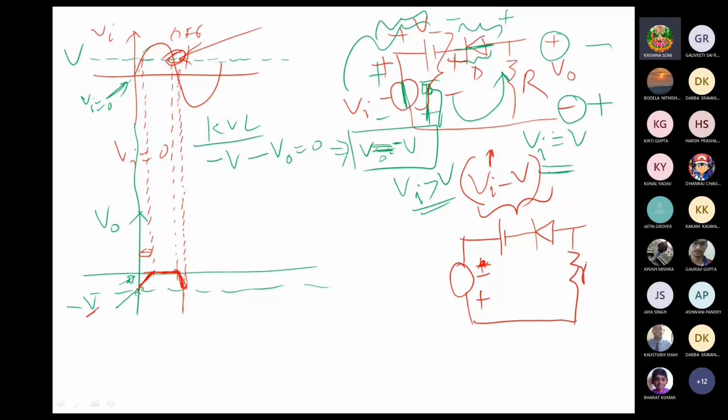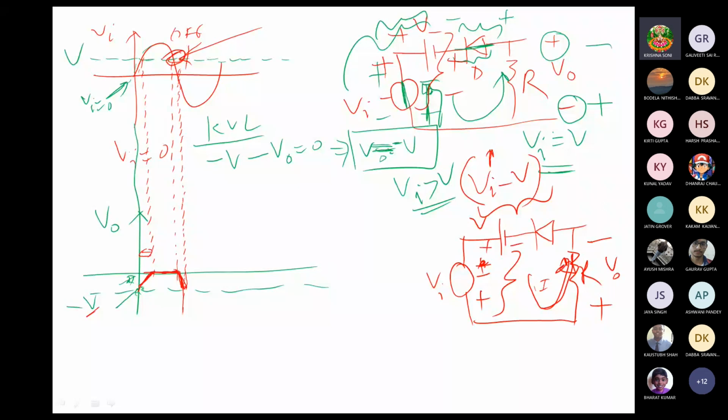Okay, so with this polarity here, we see that our diode will remain on. And the active voltage there is now V plus Vi with this polarity. Actually, we can again see that the output voltage will have this polarity here, because the current is going to flow in this direction. So let us say that the output voltage is V naught here.